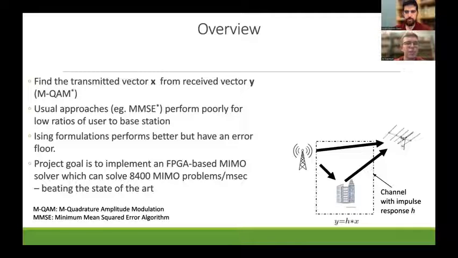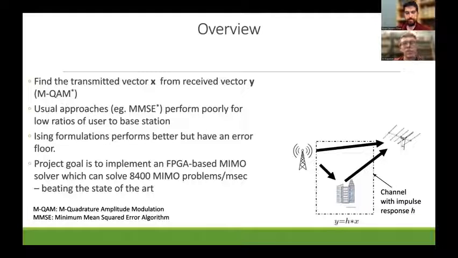And so there are existing approaches which are widely used, such as MMSE, which solves this problem using a minimum mean squared error approach. But this approach has some issues for low ratios of user to base station. There are also some existing work on using Ising machines for this. But here we're talking about implementation of the DI MIMO algorithm, which breaks through some of the error floors that